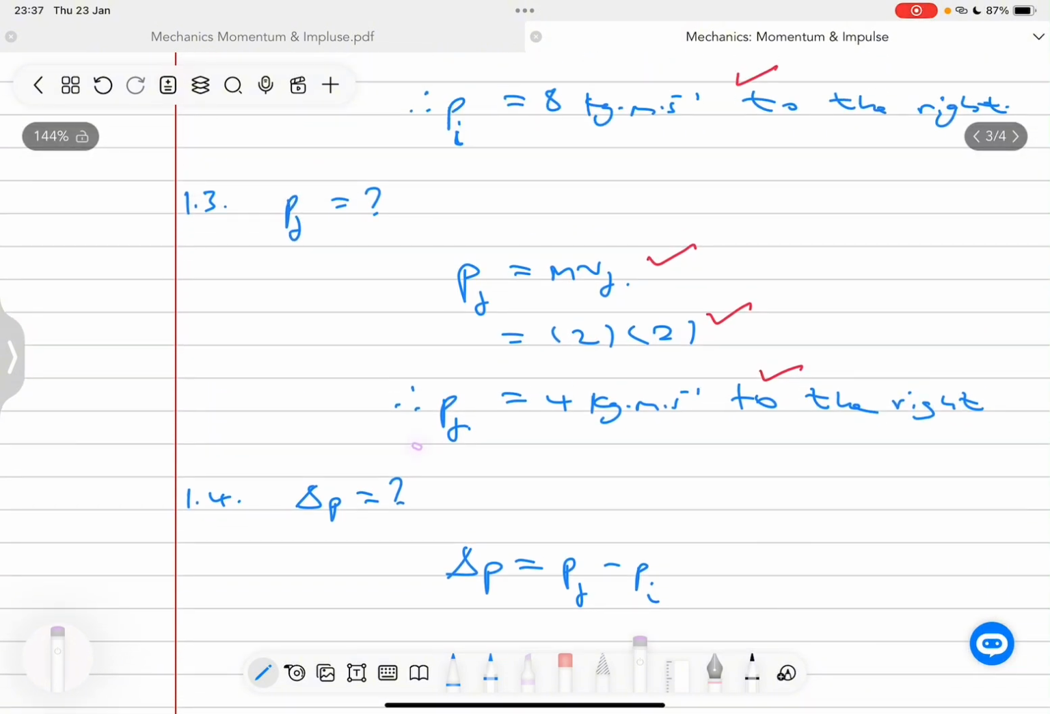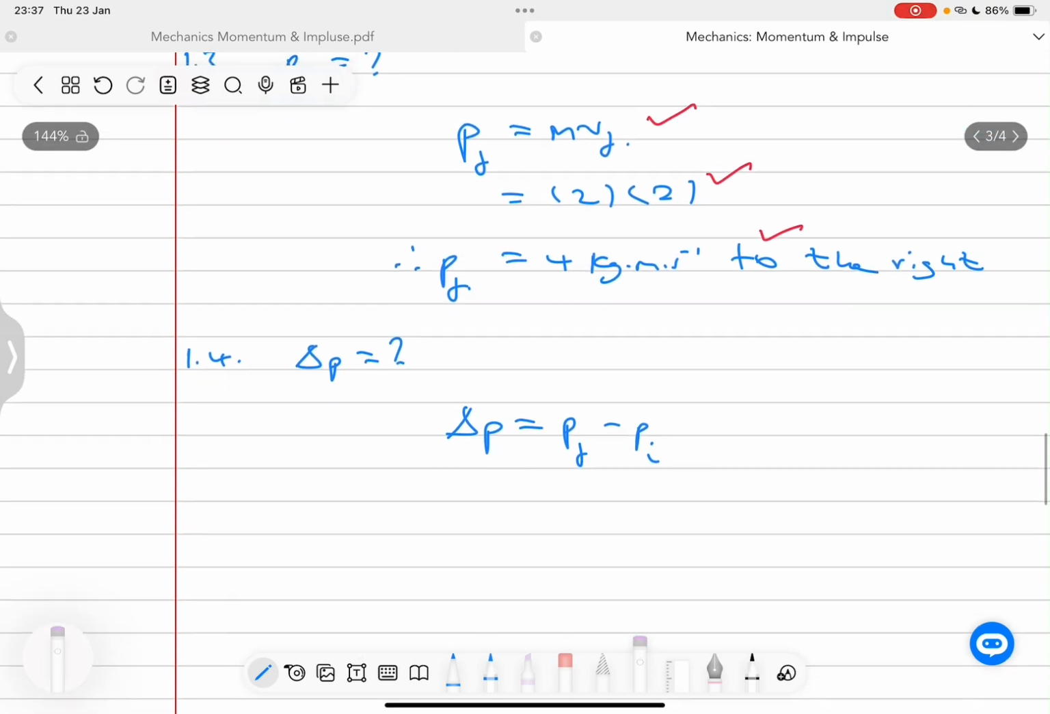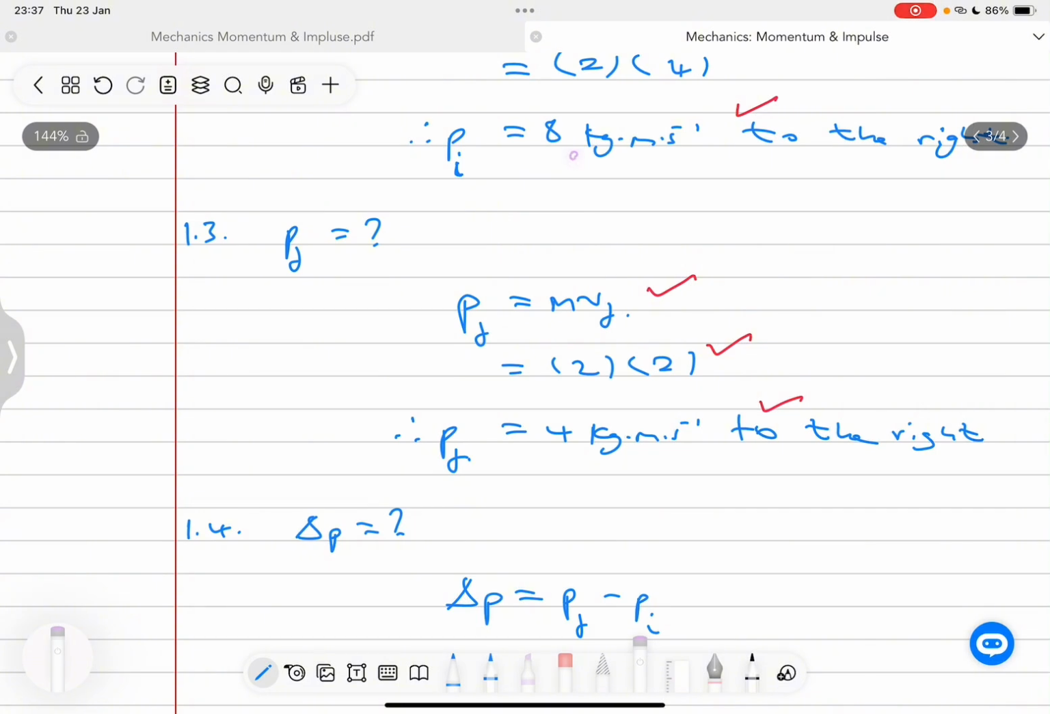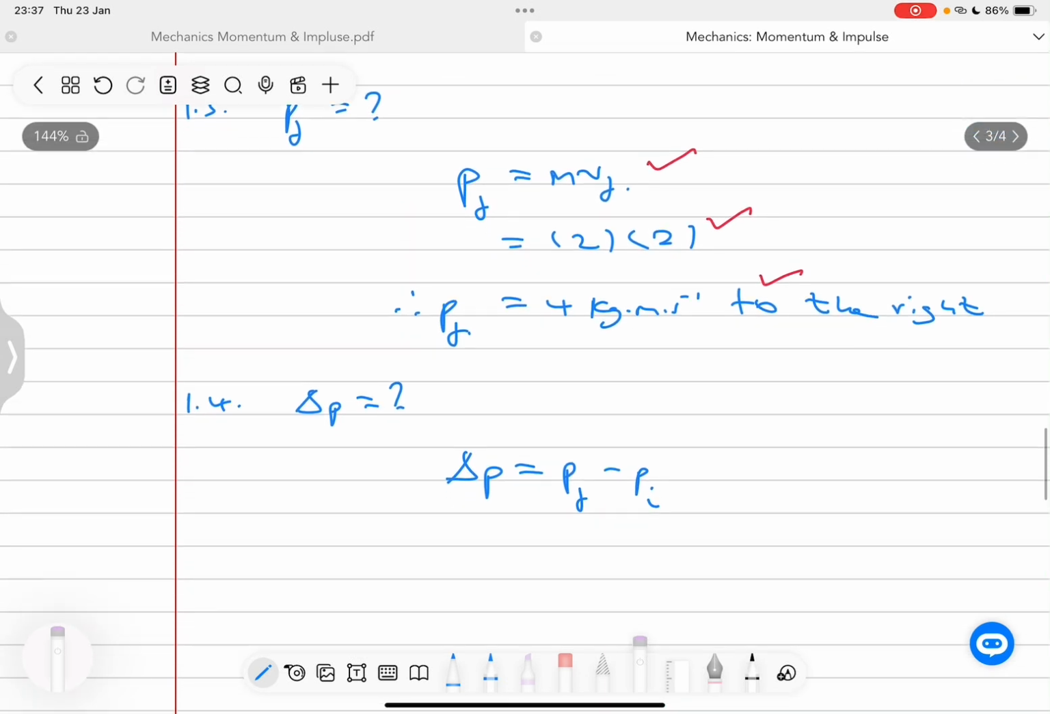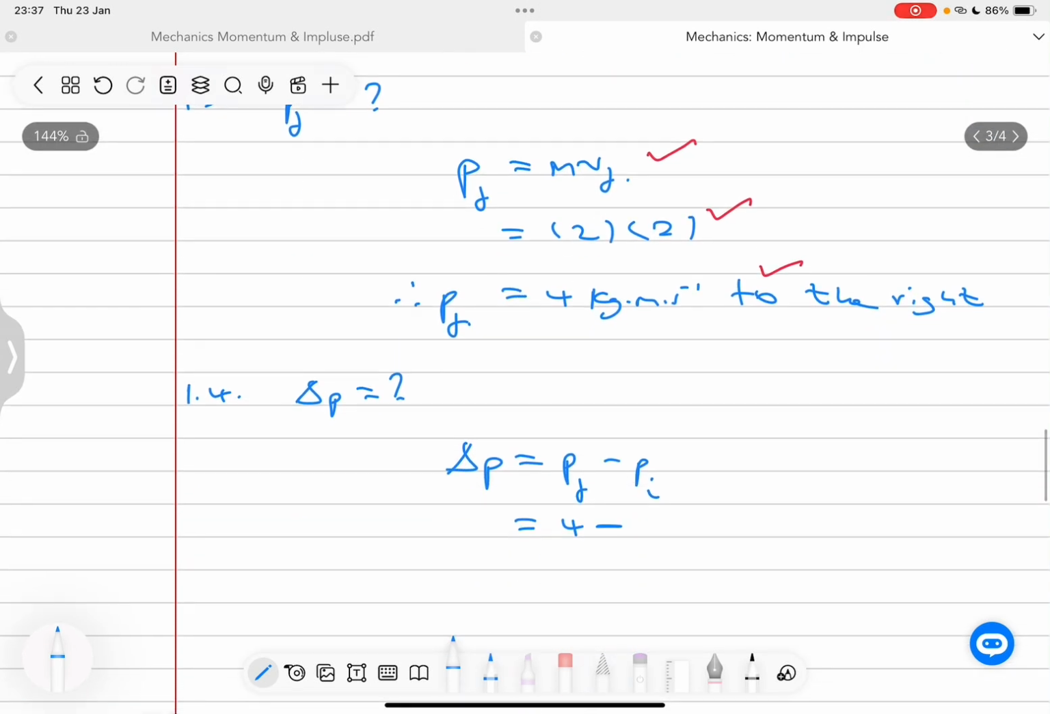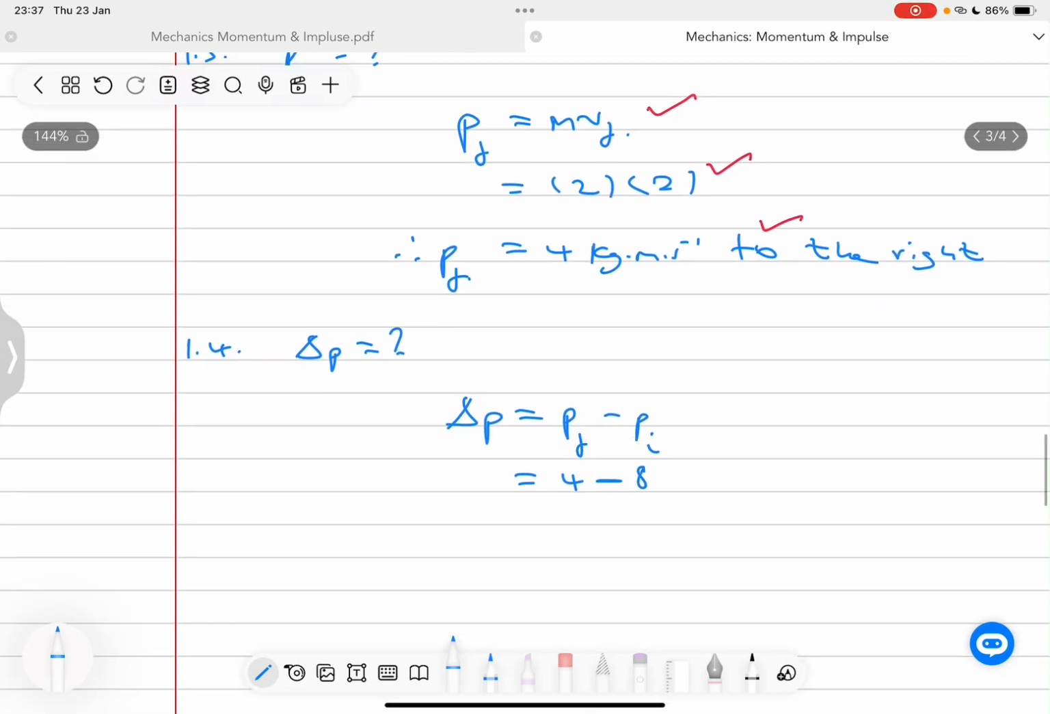The reason why I choose this formula is because already I can see that I've calculated my final momentum and calculated my initial momentum. So I'm just going to take these two and substitute them here on the formula. It is also correct to use the other formulas to give you the correct answer. In fact, you can try them. Now, in this case, we are going to have a final momentum of 4, and then there's minus an initial momentum of 8. And this will give me an answer of -4, because 8 is half of 4